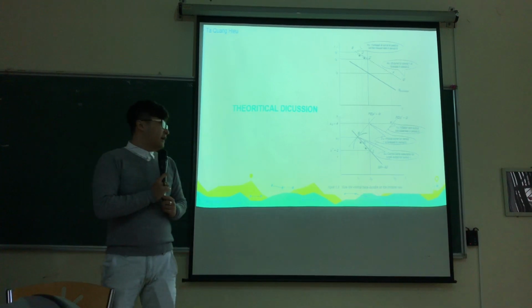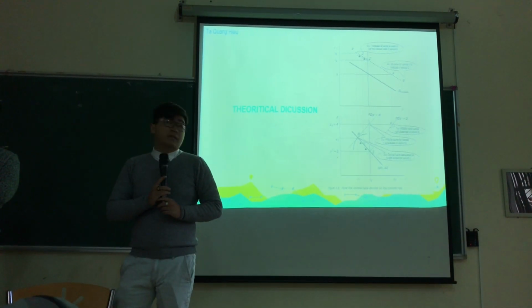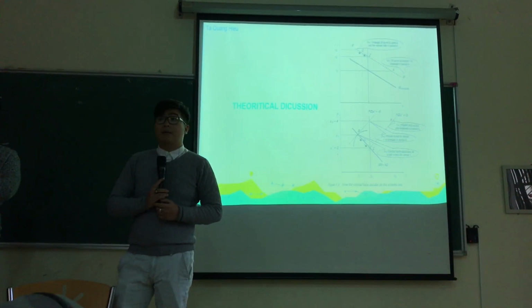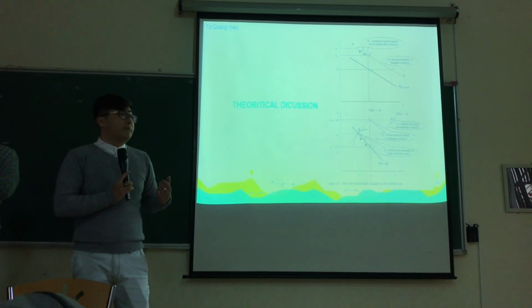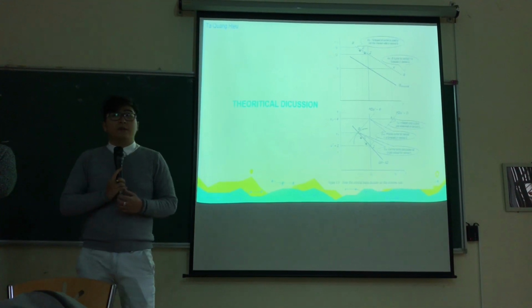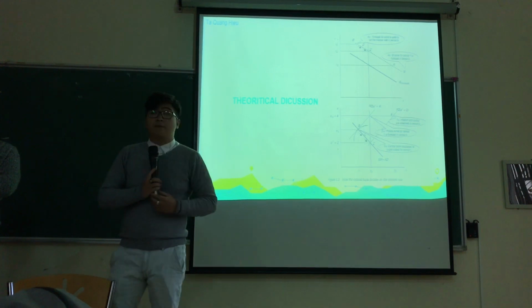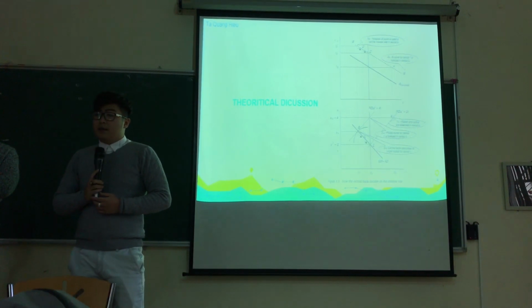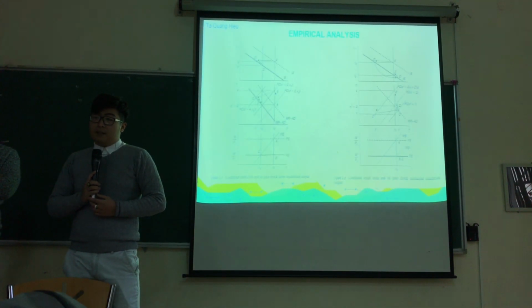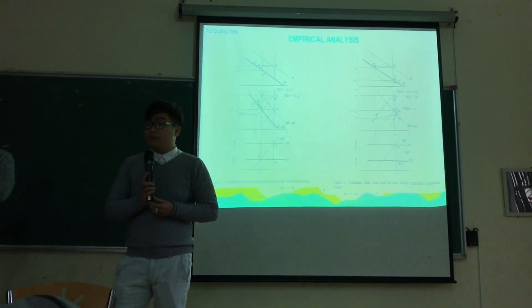Since the central bank has calculated its own desired output, it is straightforward to go to the IS diagram from the forecasting Phillips curve to set out the level of interest rate and therefore achieve the level of aggregate demand. The final part I want to talk about is the empirical analysis